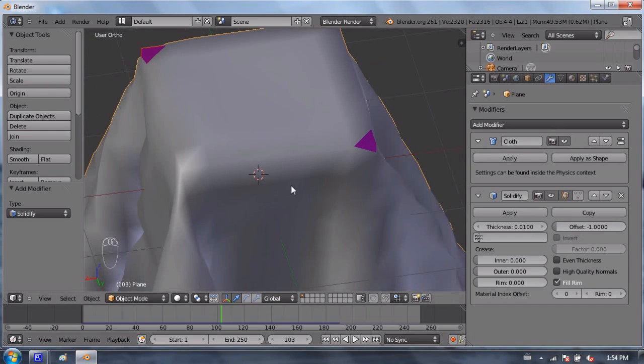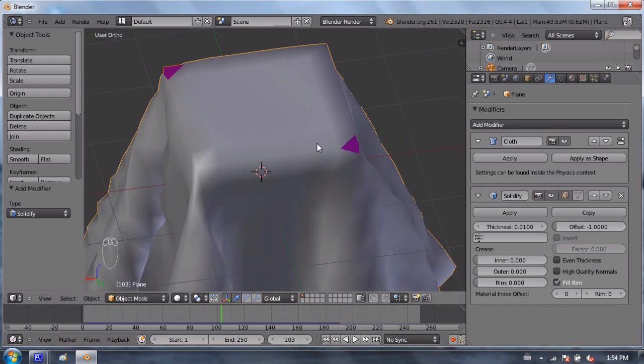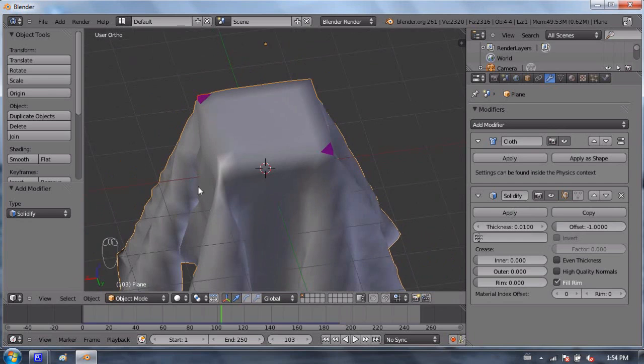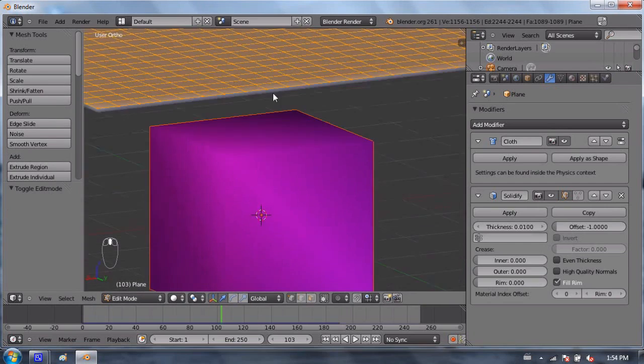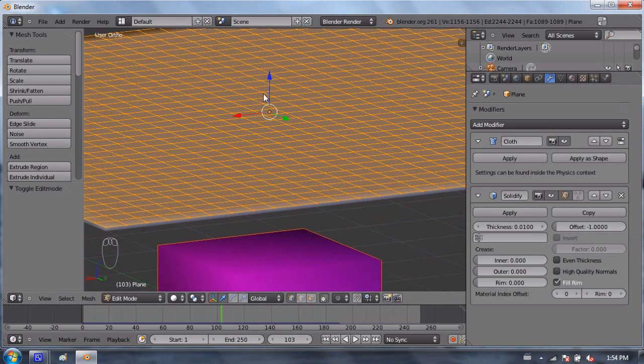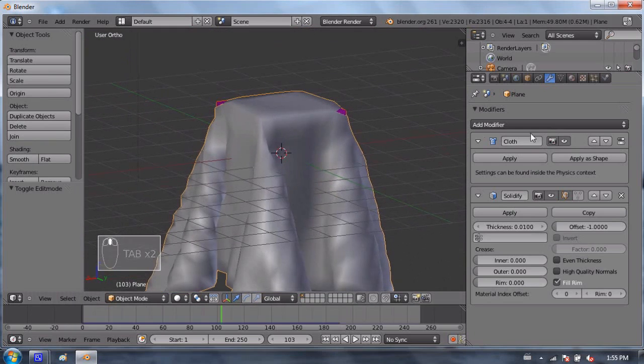Now, what normals are, it's kind of difficult to explain. It's basically the direction of each individual face, or each individual vertex of the mesh. So if you think about every vertex and the way that it's facing, it's not going in both sides. It's not two-sided. It really has a face and a backside. And so every face, in other words, has a direction that it's facing. And so what the solidify modifier can do, with the offset, is make the object go out towards the way that it's facing.